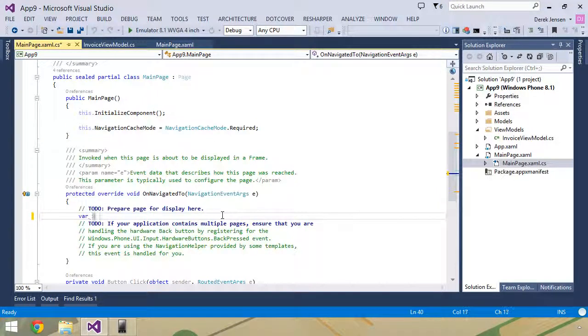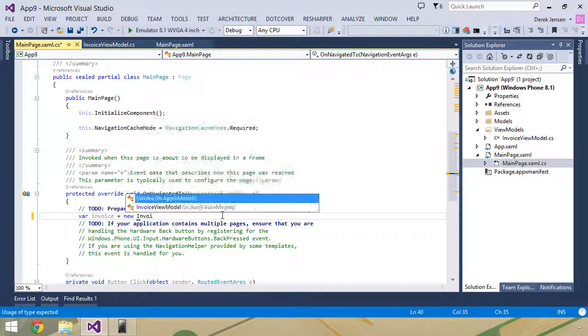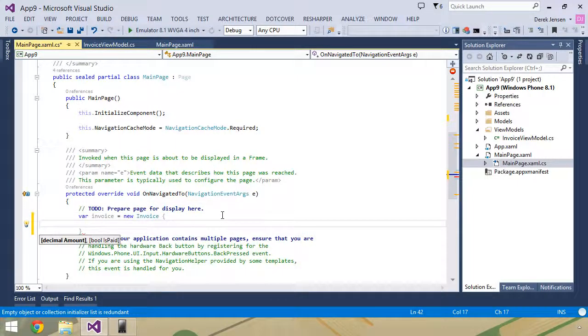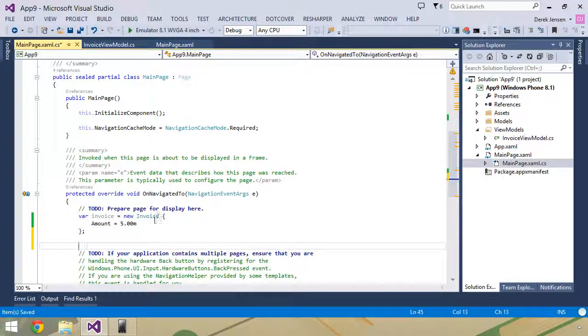And it's going to just have an invoice here, and it's going to be equal to a new instance of an invoice. And we're going to actually set that amount just as we did before. Let's say it's $5, just like this. So once we've created this invoice, as you recall, because of the constructor, the isPaid is going to be false, and we've set this amount to be $5.